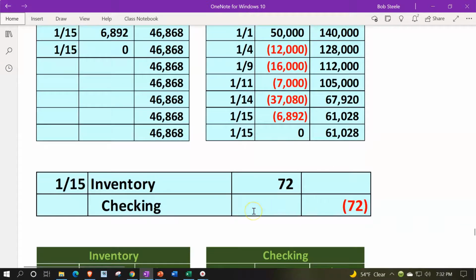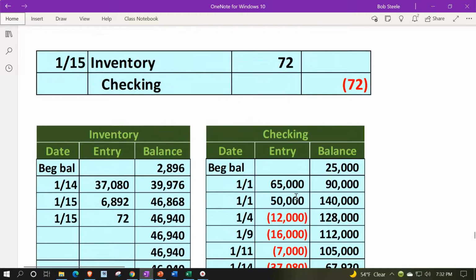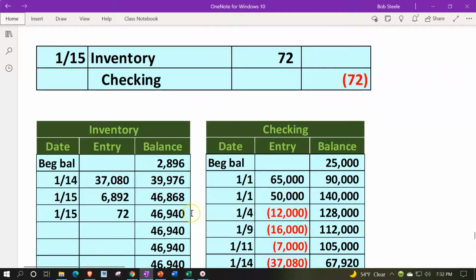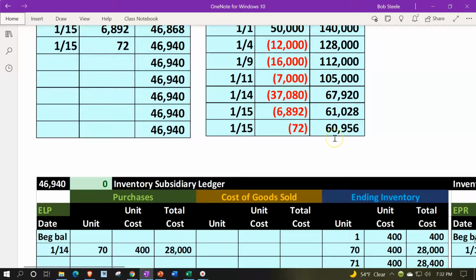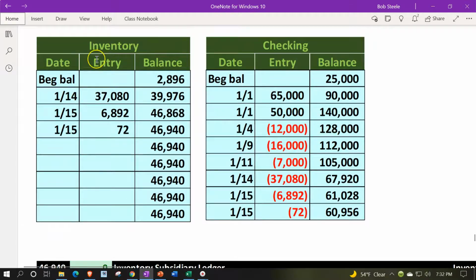And then we had the last ukuleles. Same thing from just a trial balance perspective. We would have an increase to the inventory. The other side then going to the checking account. Inventory now going up to the 46,940. The checking account going down from 61,028 down by the 72 to 60,956. Now, this inventory, though, notice when we entered the checks into QuickBooks, they forced us to use the items